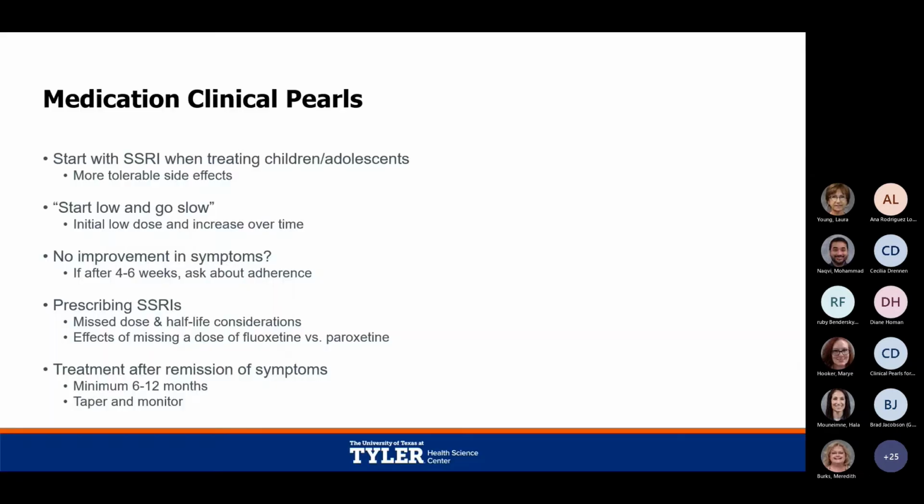So, more medication clinical pearls. In general, start with the SSRIs when treating children and adolescents, they have the more tolerable side effect profile. Start low and go slow with all of the antidepressants. So basically start with the low dose first to decrease the risk of side effects, and then slowly increase the dose over time. Because sometimes I have seen patients that were maybe started on too high of a dose of an antidepressant, and then they complained of side effects because of starting that